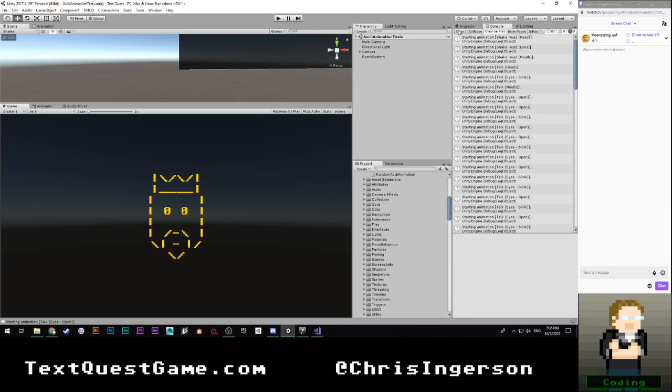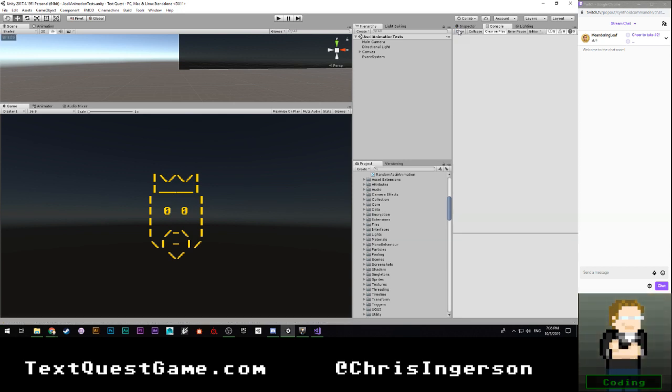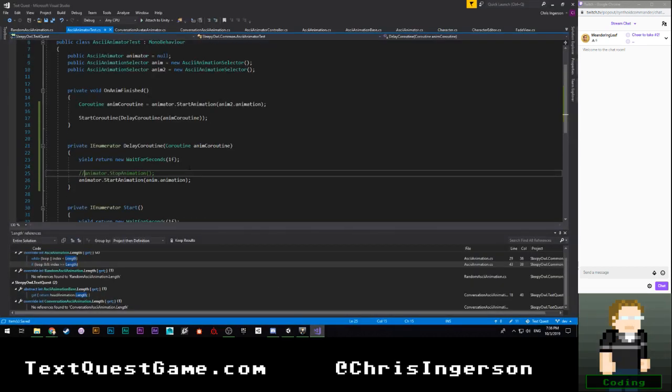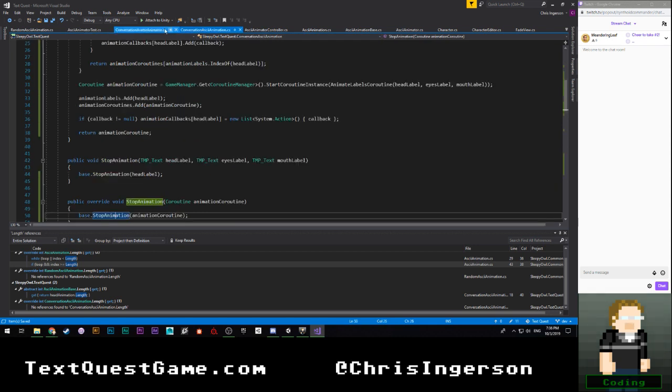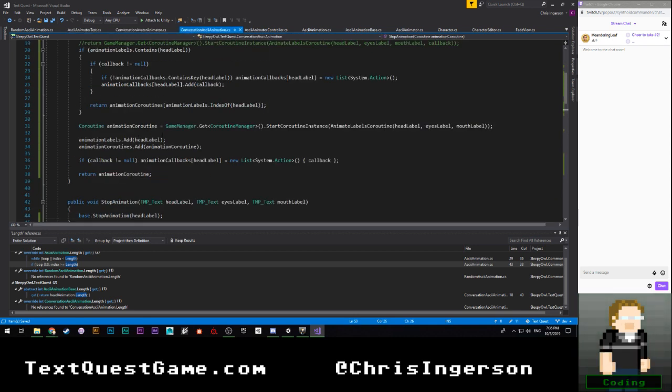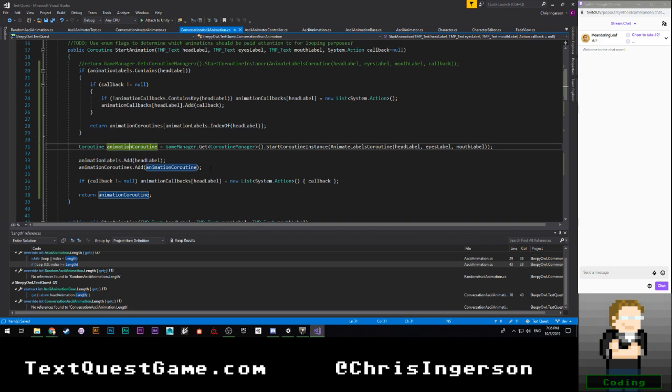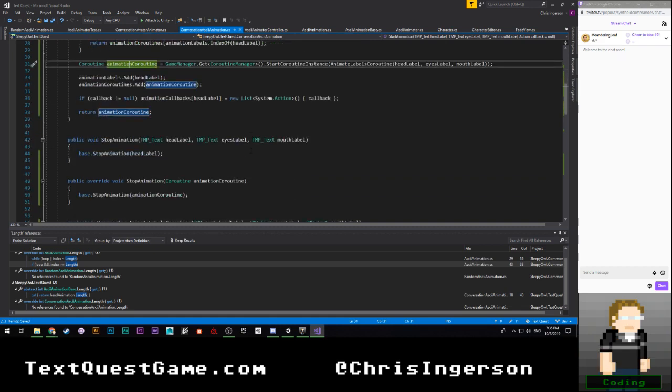It is going to be interesting that we have to basically cascade through here. Just curious, can we even do that actually? Oh goodness, I don't know if we can. No. Because this is the animation coroutine. Oh dear.